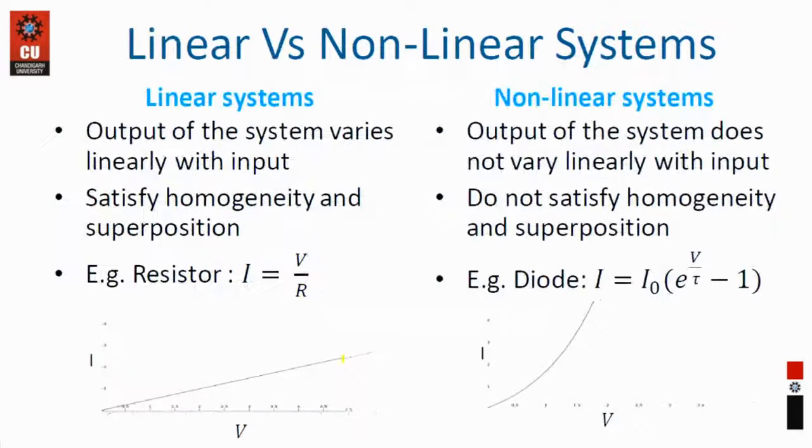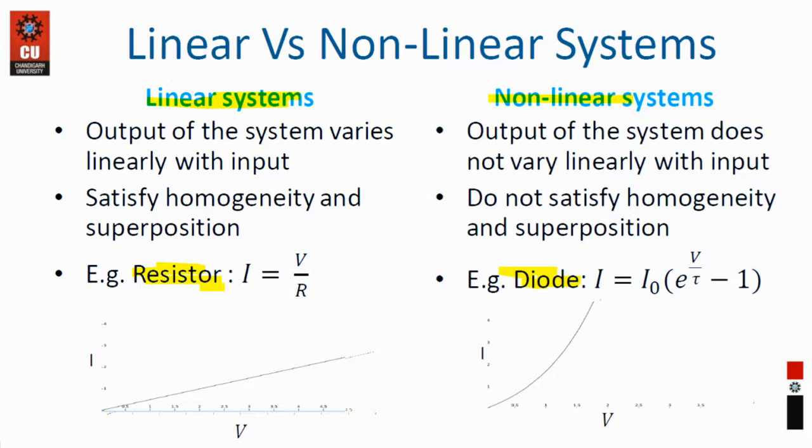So let's discuss each one of them one by one. So you will see linear systems. If I take an example, an ideal resistor, an ideal resistor is one of the best examples of a linear system. If you think that it's not ideal, you will have an effect of temperature as well, with the rise of the temperature, etc. I'm not considering those. I am saying an ideal resistor. And the example of a diode is an example of a non-linear system.